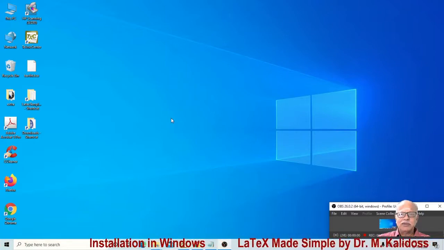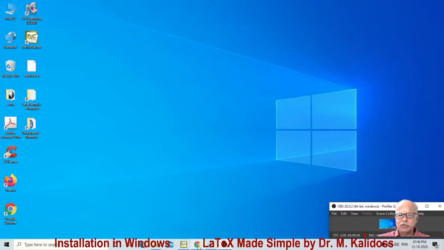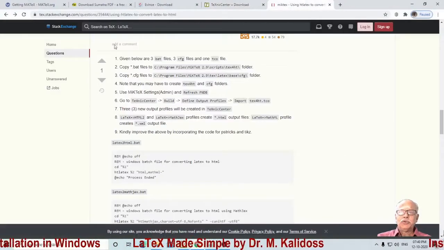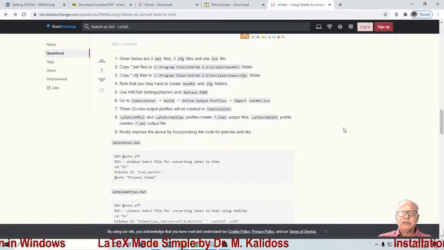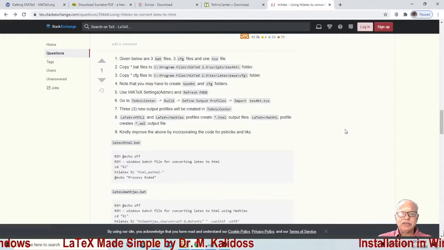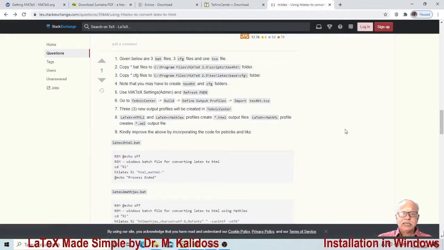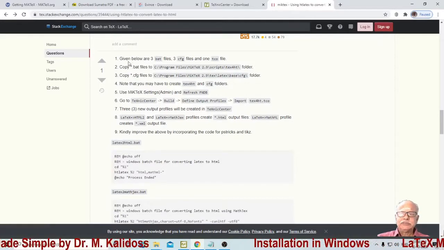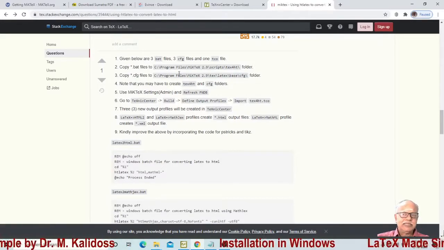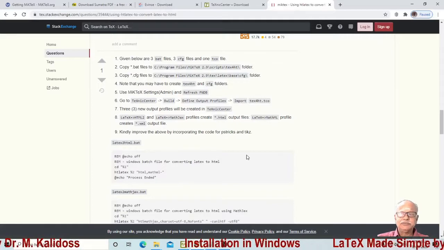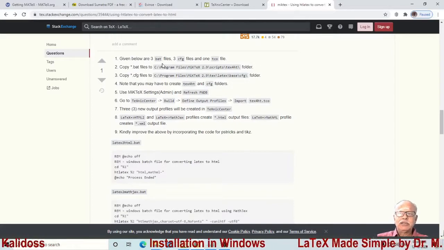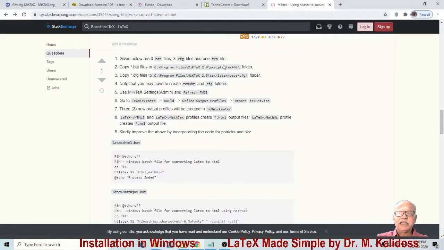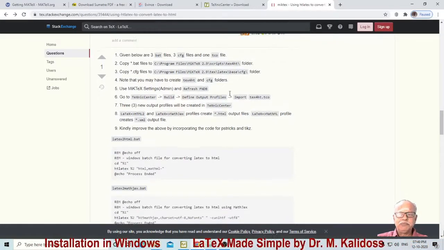Then, another advanced topic that I would like to tell you is, go to this web page. I have given the description below. Now, please read these items carefully. Given below are 3 batch files and 3 configuration files and 1 TCO file.